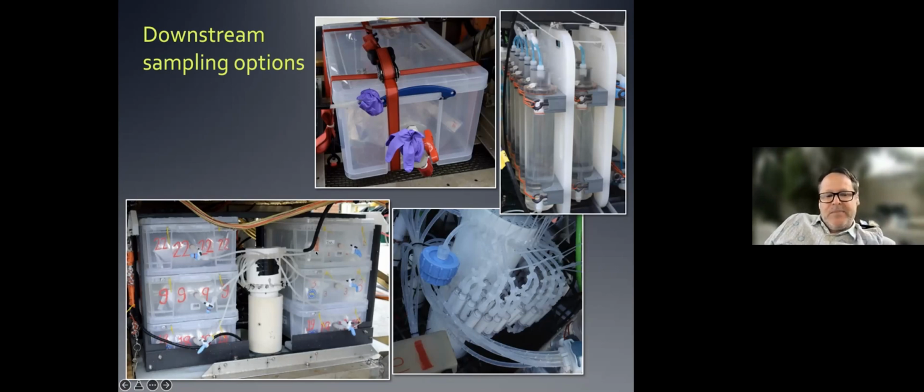This medium volume bag sampler has 6 different bags, and you can see these are actually foil bags. And then we can also adapt the McLean sampler. On the bottom right-hand side, you can see a big mess of Sterivex filters there. So we can also direct the fluids through Sterivex filters, and all this is controlled in real time,